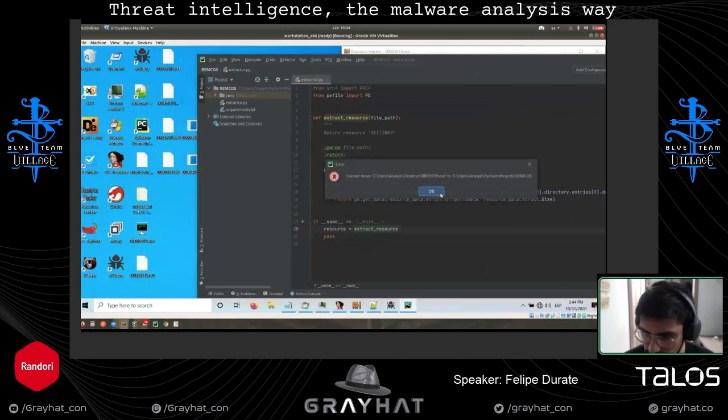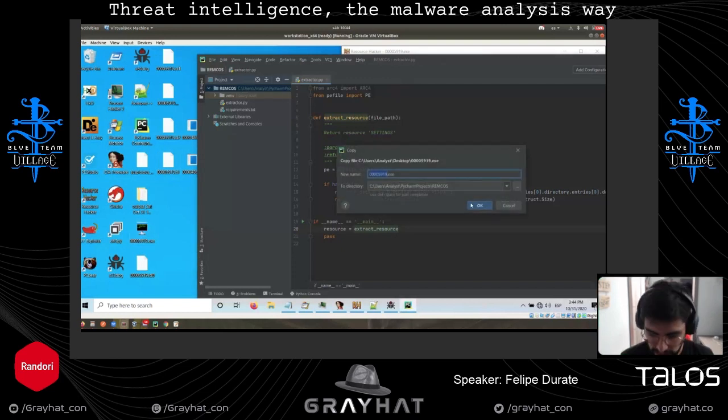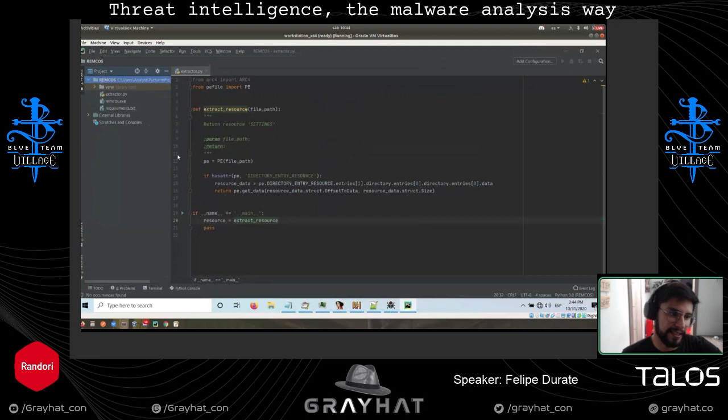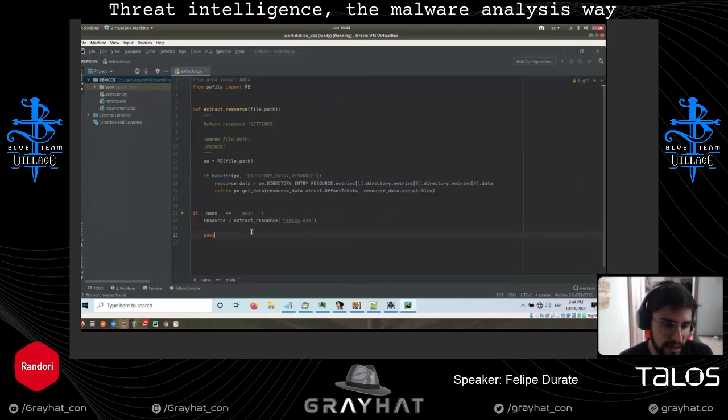Paste. And we're going to call it rancost. Okay, so we have a rancost.exe here. We're going to extract rancost.exe. With this, we're extracting the resource, same thing as we did with Resource Hacker, but in Python.